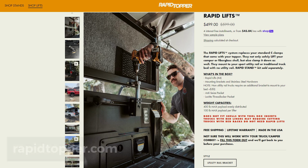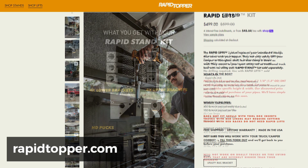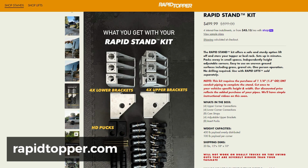Very clever. I have no affiliation with Rapid Topper. I just saw this at Expo Mountain West and thought it was a clever solution for anyone who needs to regularly remove and